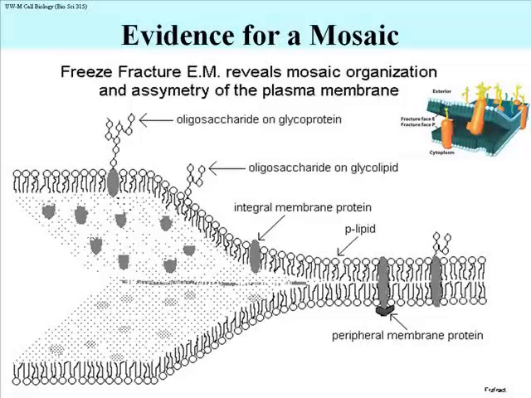And when you do that, there's a cartoon from another textbook, and then there's a cartoon that I drew for you. And the idea is that if you split the membrane in half, some of the proteins will travel or stick with one half of the phospholipid bilayer, some with the other. I've drawn it so that they're all on one side, which is typically what you see when you actually look in the electron microscope. And what you can see in both illustrations is that if there's a protein stuck to